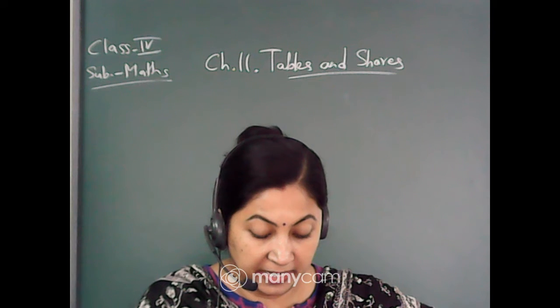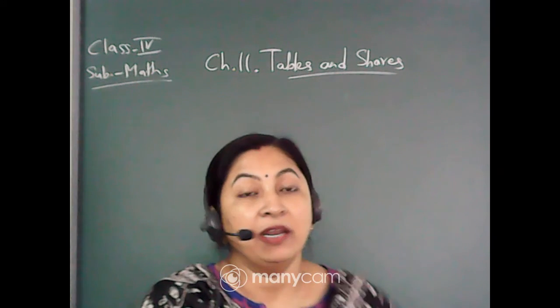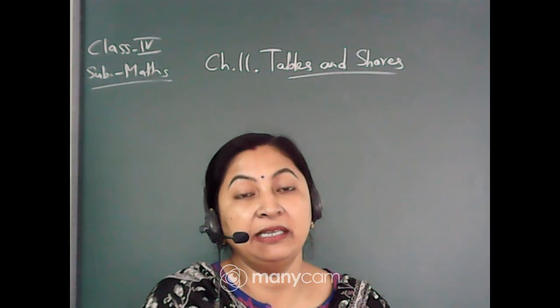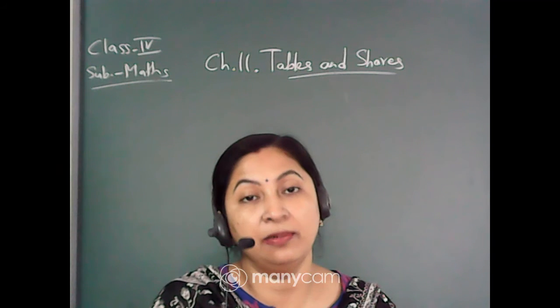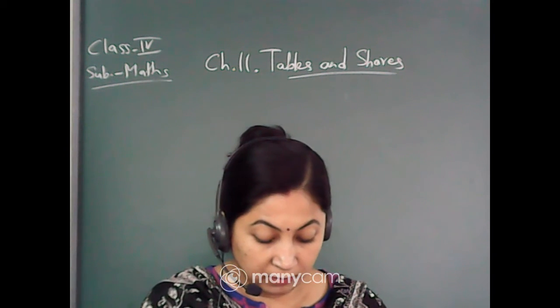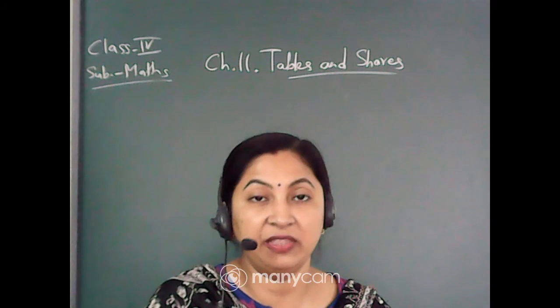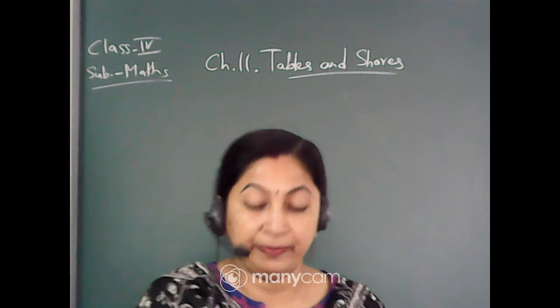Now Bunty is saying, it is easy. I can also make the table of 7 with the tables of 4 and 3. Now with the same trick, Bunty is saying that I can also make the table with the help of 4 and 3. So Bunty, he is making the table of 7 with the help of 4 and 3.